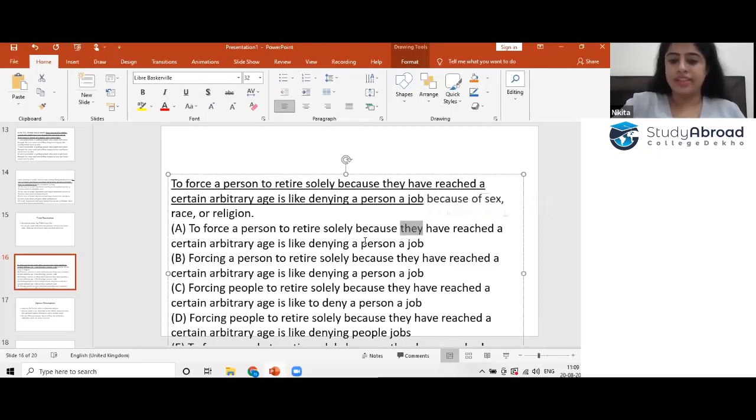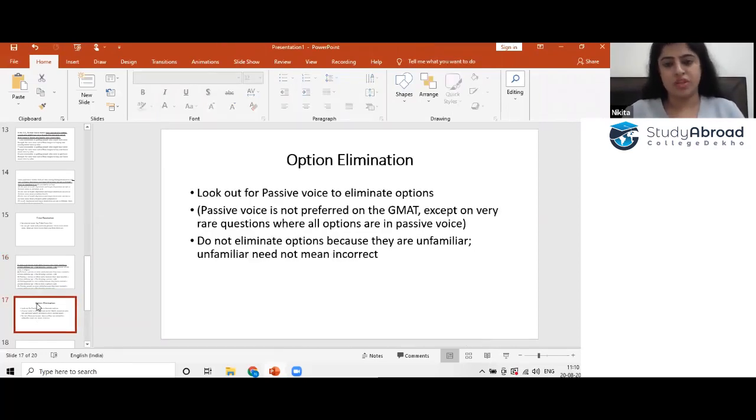Now, if you're using "they," you can't say "a person." So this is not idiomatic. Okay, so the pronoun agreement is not being followed. Again, I'm repeating, guys, I am not discussing from a very focused approach right now. All of this is to build the vision; we learn all the concepts, and for now maybe you are unaware of them. If I keep bringing up terms that you are unaware of, you will not be able to make a good connection. That is why for now I'm using very layman language.